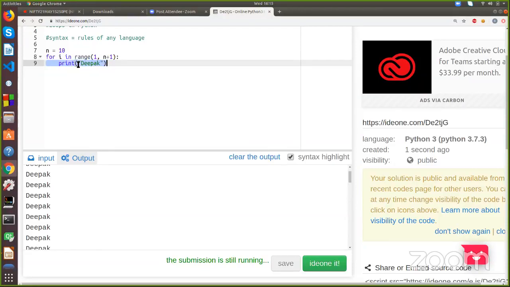So you don't need the Python app to execute this code. Okay, so you can just visit this site, ideone.com, and there you can choose the Python language, and then you can start coding with me for now. But from tomorrow, you need Python installed on your PC.